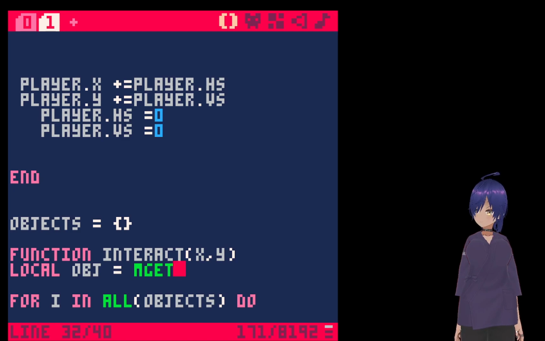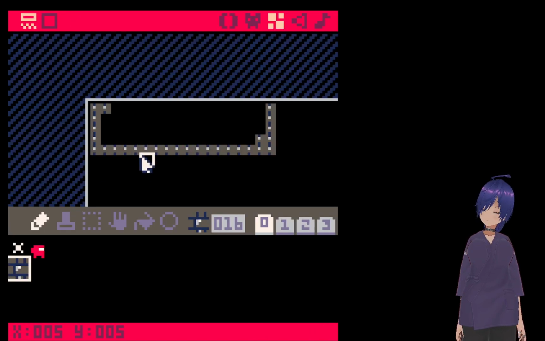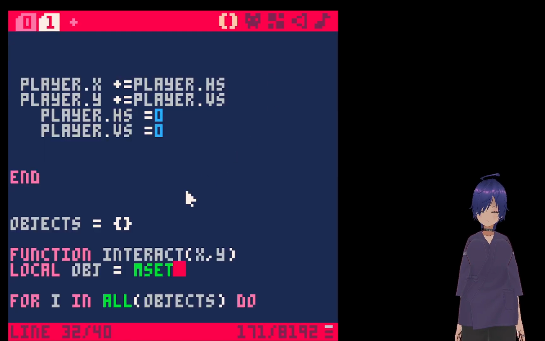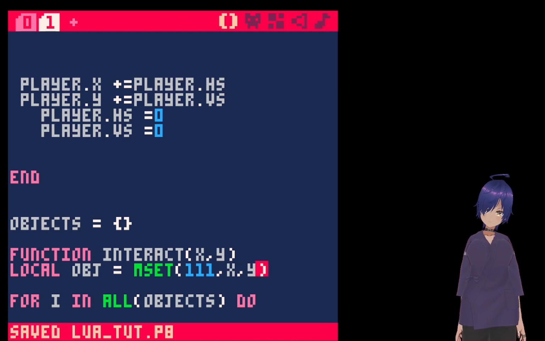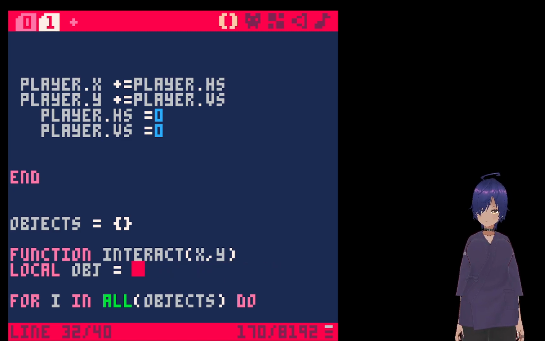It's basically just, actually let me explain it right now, it's not that complicated. Mset is setting a sprite on the map. Mset gets the sprite, being whatever you want, let's say 111, and then it gets an x and a y. And it will set that coordinate. I believe mset is also times 8. I don't entirely remember. But basically, we want to create a local object, which is mget,